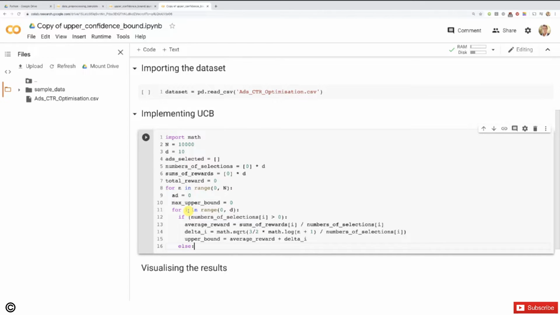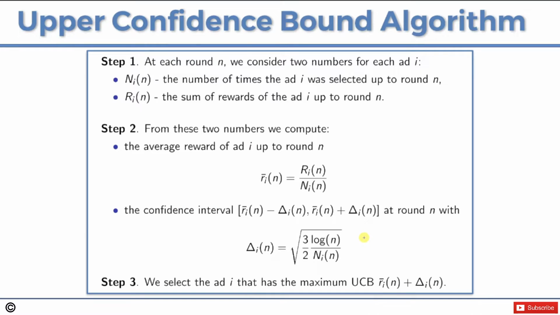Why do you need to select these ads? Well, the answer is here. That's exactly because of this denominator which shouldn't be equal to 0. And since this is exactly the number of times the ad i was selected, well, we need this to be different than 0 in order to compute this average reward and therefore in order to compute then the confidence interval with the upper